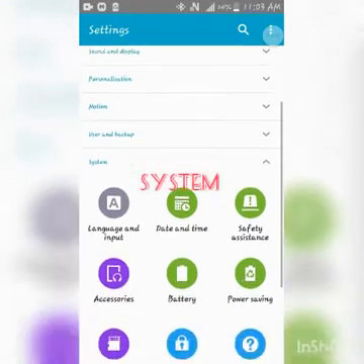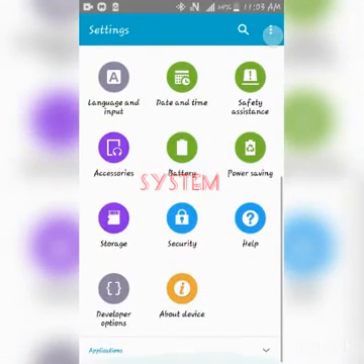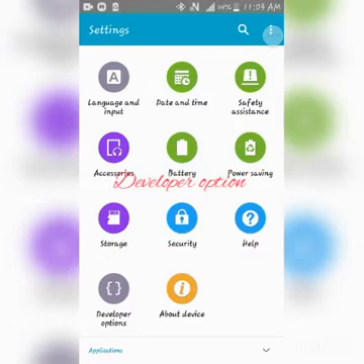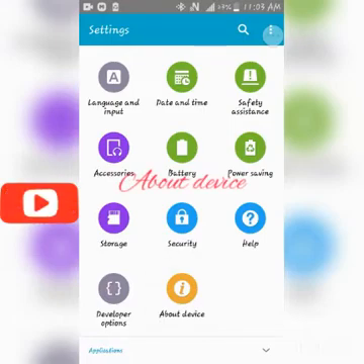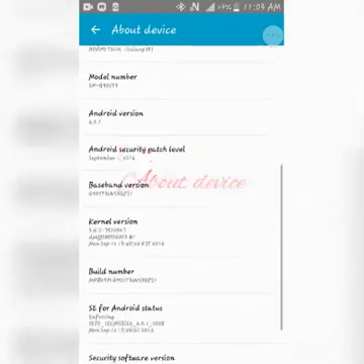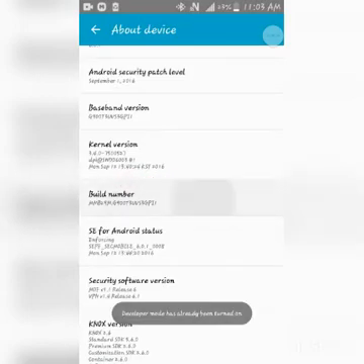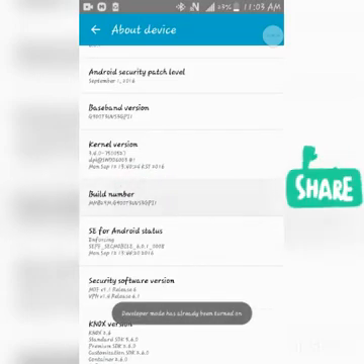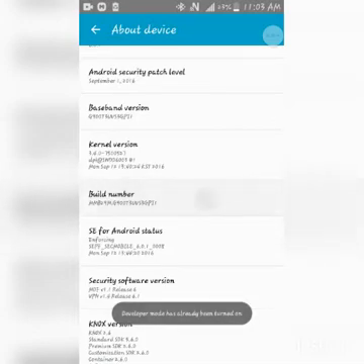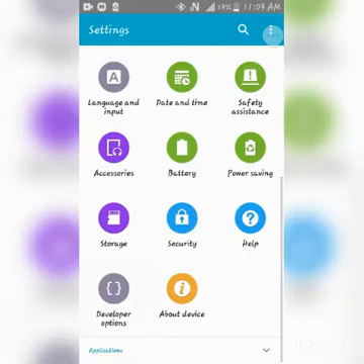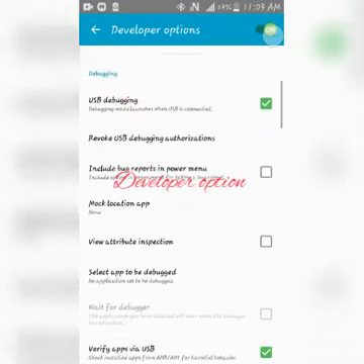go to your system. Under the system, you find your developer option. If you didn't see your developer option, just go to your about device, scroll down to your build number, you tap it, keep on tapping until it tells you that developer option has been enabled. As you can see mine there. So you go back, enter developer option, scroll down